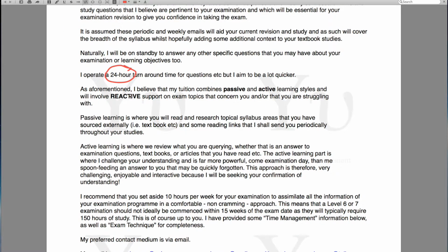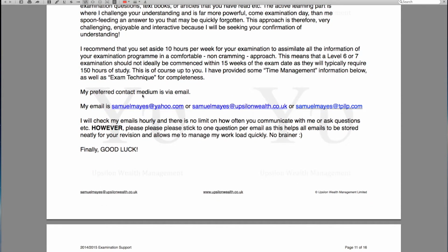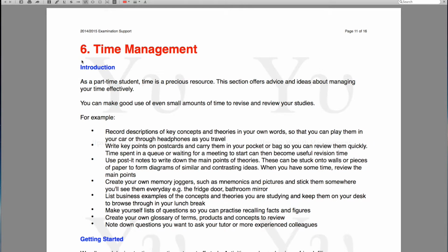We've already spoken about reactive support. I think I've laboured that point. And we've talked about passive and active. And we've spoken about my best email addresses. I don't think I'm allowed to say those. And now we shall move on to time management. Time management,